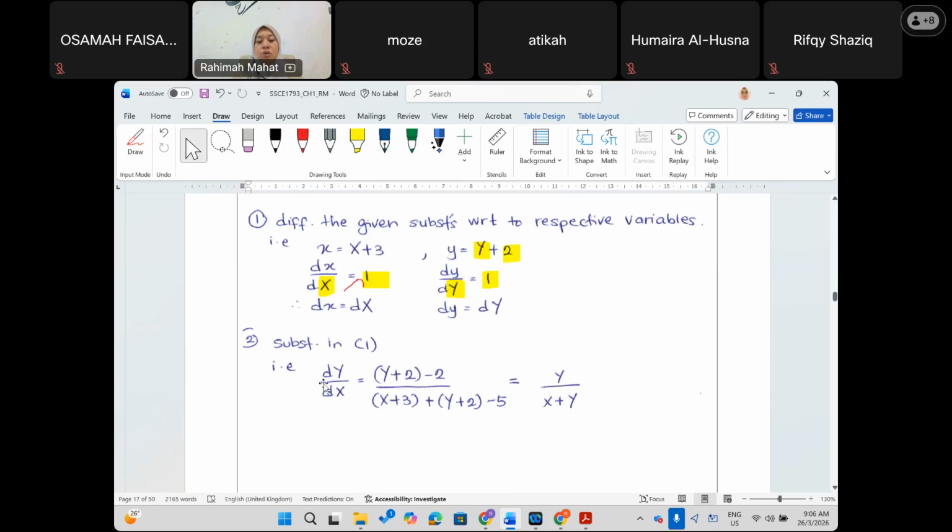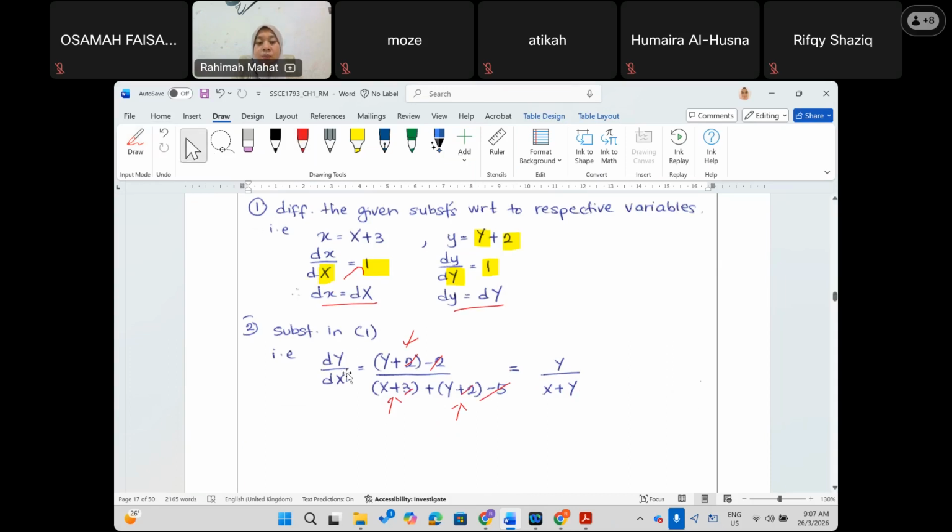Okay, so we get dy over dx because from this one. And you substitute what is your y, what is your x, and what is your y again. And you simplify. This one you can cancel, so that's why you get capital Y. And then this one also you can simplify. 3 plus 2, 5. 5 minus 5 is 0. So you can cancel all the values here. So you get dY over dX equals capital Y over capital X plus capital Y. Okay, and then